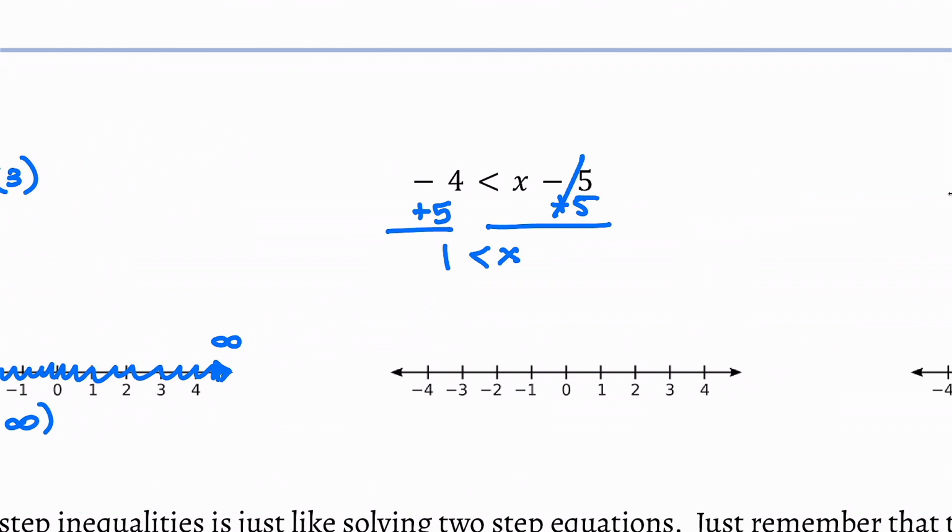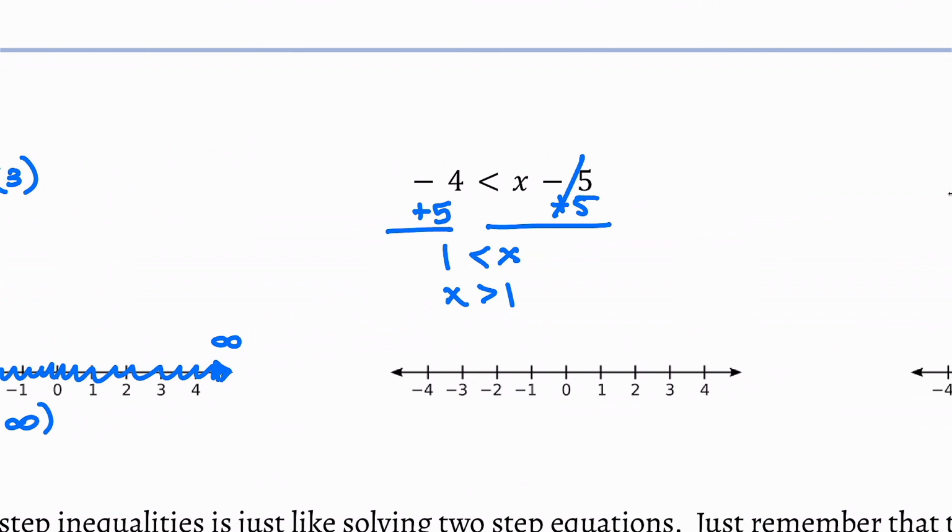Now, students will get this confused because the x is on the right. I honestly hate having the x's on the right. So I'm going to flip that whole thing and make the x on the left. And I'm literally going to reverse it. So instead of writing 1 is less than x, I'm going to reverse the entire statement and say x is